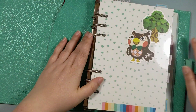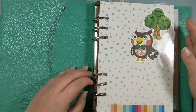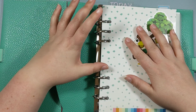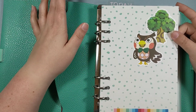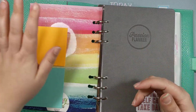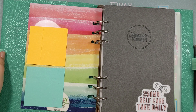It was a challenge. So I have added some things in, I've made some things. This is a page lifter I have made for myself from an old Happy Planner cover. It is by no means perfect, but it does the job quite well. Obviously I have some Animal Crossing vinyl stickers on there. I have some post-its on here just because you never know. And then I have